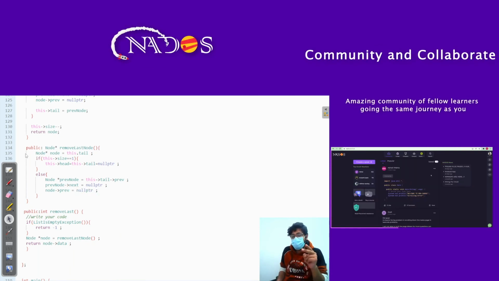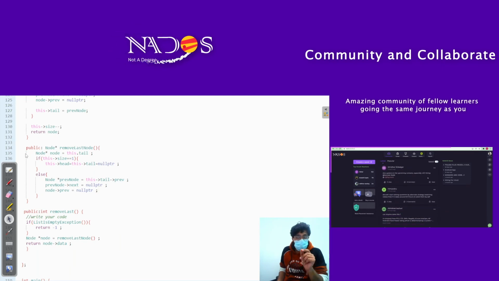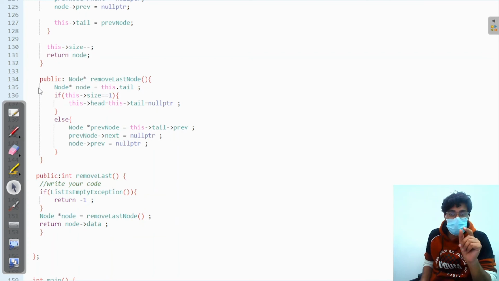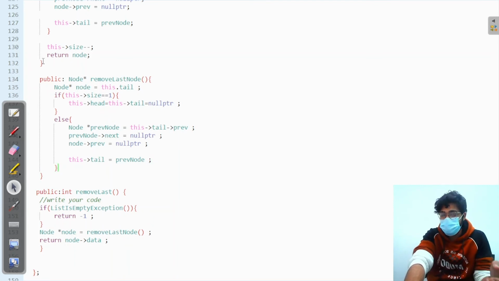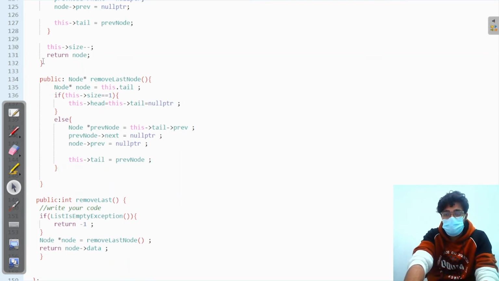Now here my second two statements, which are next of previous node and previous of node, are pointing to null. So these two statements are to break the bond, right? And at last what I need to do is just to update my tail to previous node. Now I have updated my tail, and last when I removed an element, you know that I also need to update the size